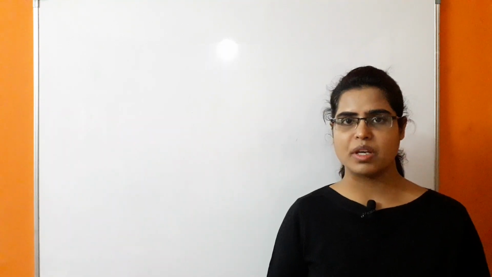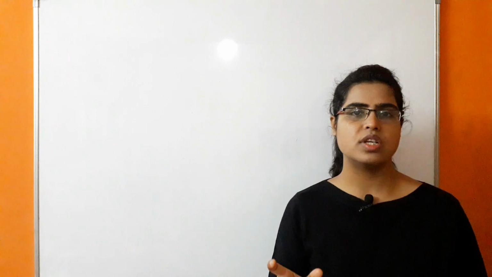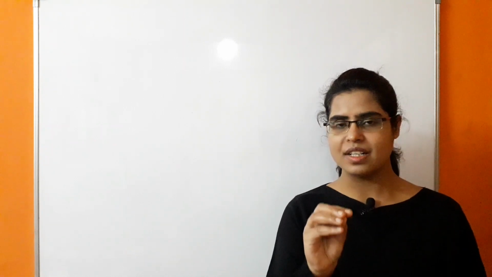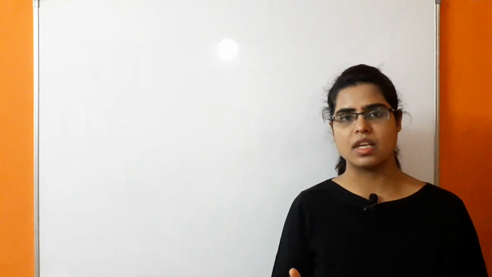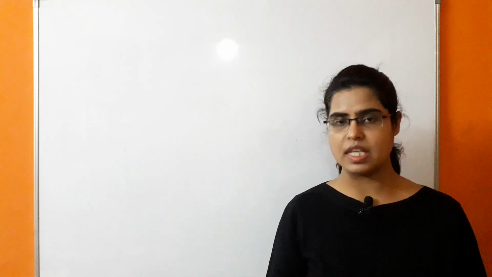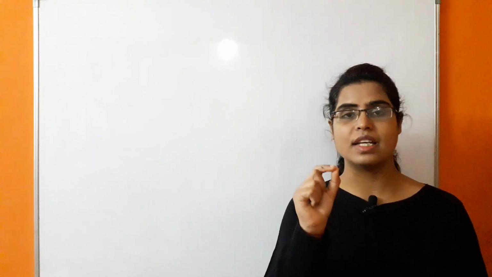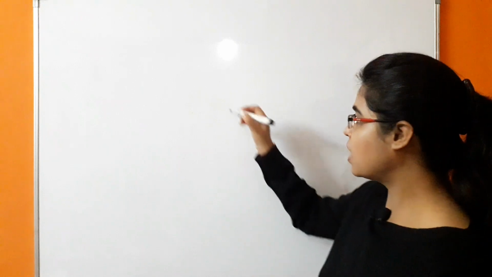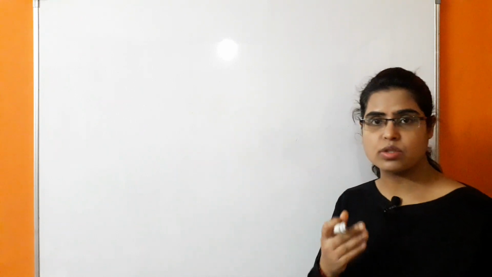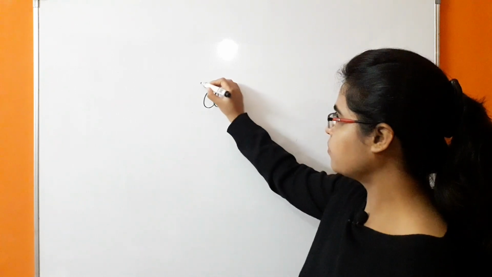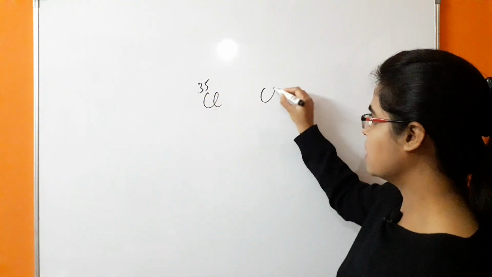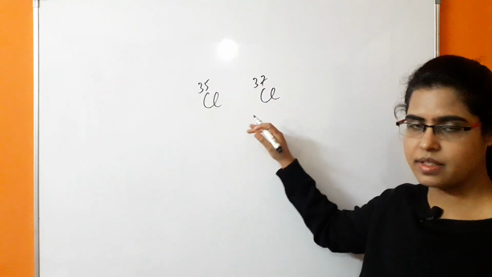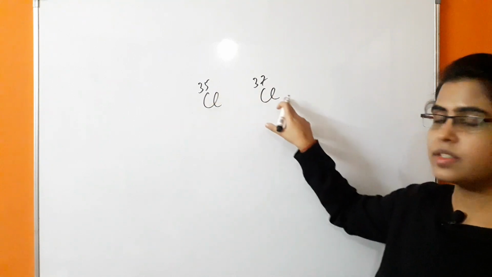So how is average atomic mass determined? If the question is given in which the composition of the isotopes of a particular element is represented in the form of a ratio. For example, in the case of chlorine, we know that chlorine exists in 2 isotopes, one having mass 35 and the other having mass 37, in which the atomic number is the same, that is 17, but the mass is different.